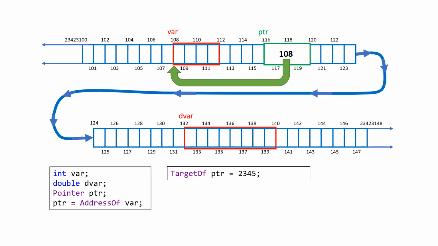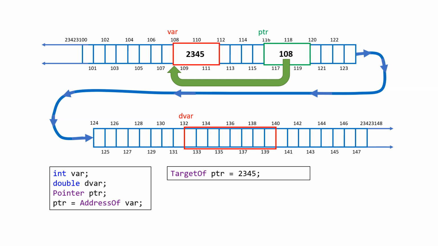So I created something new. Three things I created. I created a pointer, which is a variable that holds the address. I created an operation, address of, that extracts the address of a variable. I created an operation called target of. So when I put it behind the pointer and I put a value, instead of putting the value in the pointer, it puts it in the target of the pointer. Therefore, this happens. Are we okay with this? These are all the tools that we need.